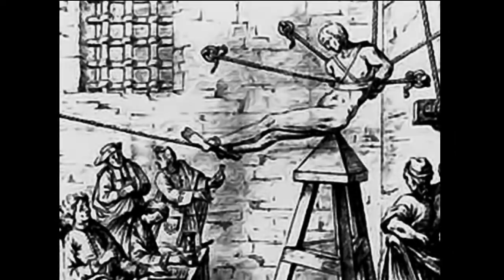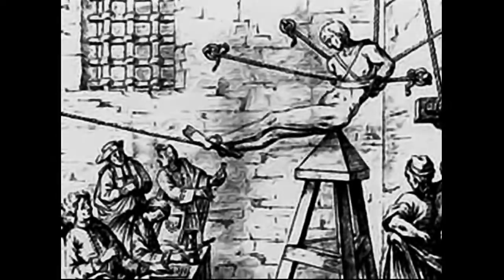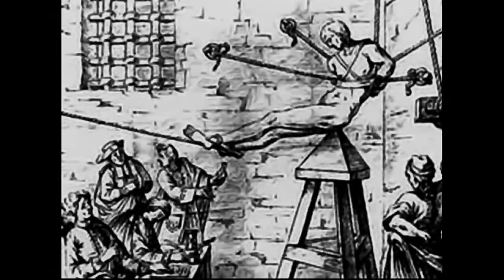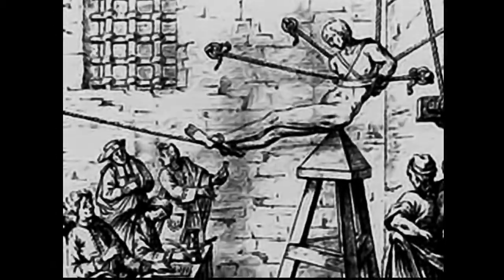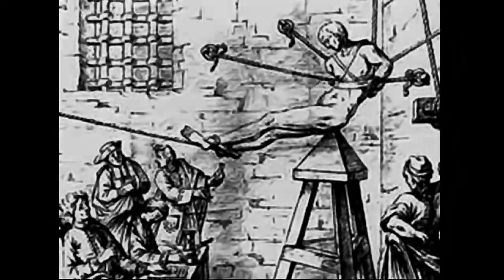Number 6. The Judas Cradle. Closely related to impalement, this gruesome punishment entailed having the victim sit on a pyramid-shaped cradle, after which they would be forced down on it by ropes with the intent of stretching the victim's orifice over a long period of time,